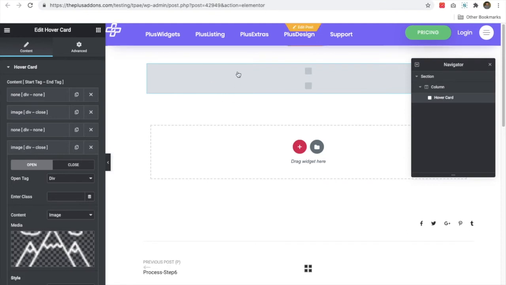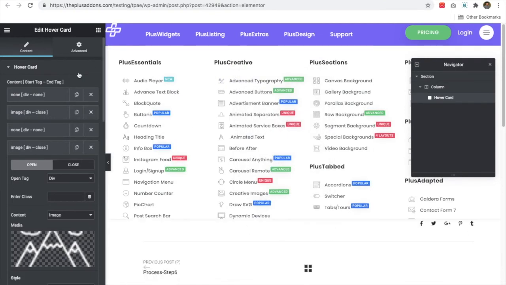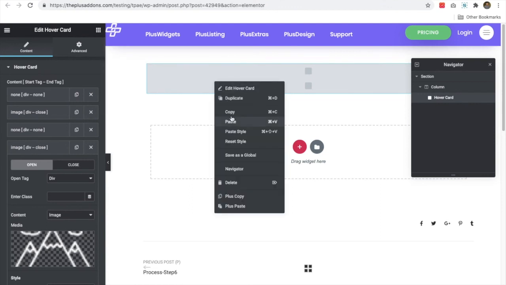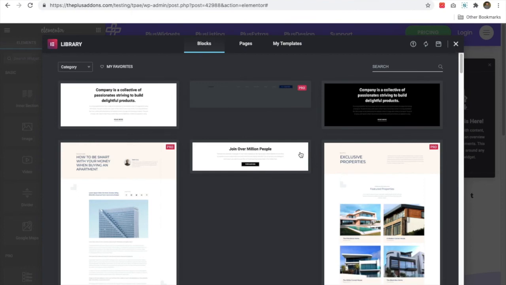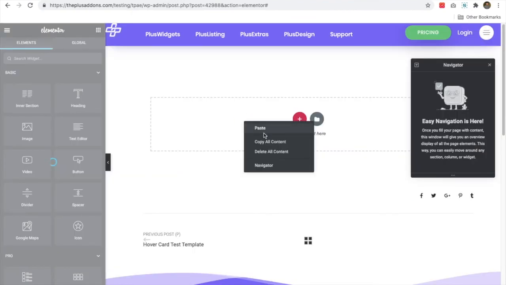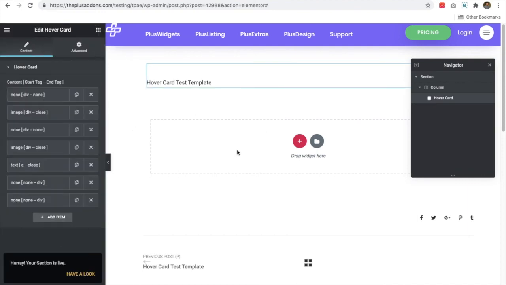We just need to go here and copy this section. You can just use the copy feature, and once this is ready, you just need to close this and paste that over here. So let's paste that over here. Once you paste that, we already have created a template.